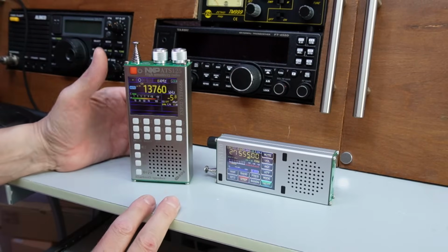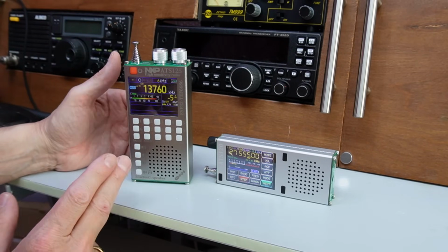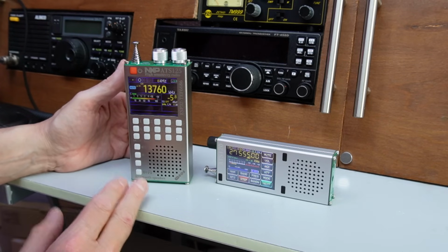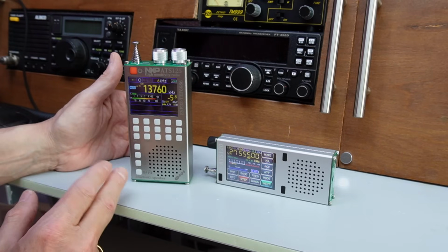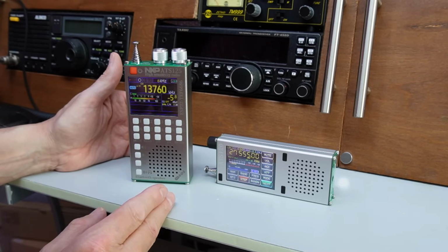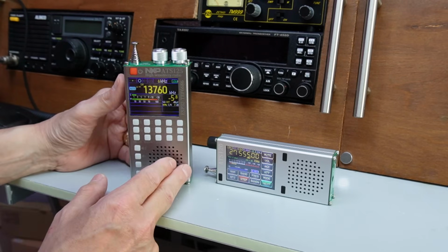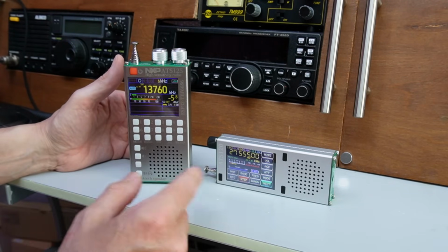I think overall the receive was very, very good on this radio. The more of these 6686 radios I'm testing, the more I'm starting to appreciate them. I think one of the features of this chip is it rejects a lot of interference and a lot of cross mode. So when I was on shortwave, for example, I wasn't hearing any ghost radio stations which would be from that